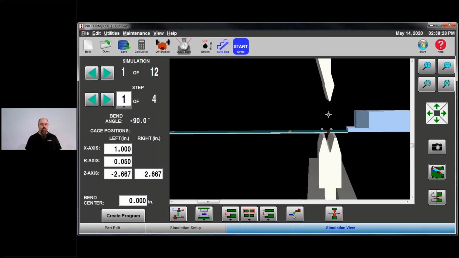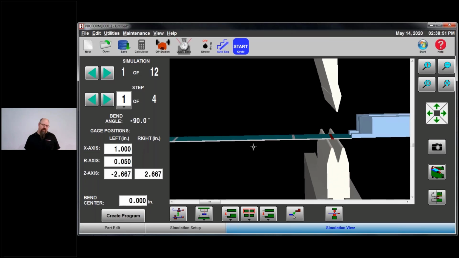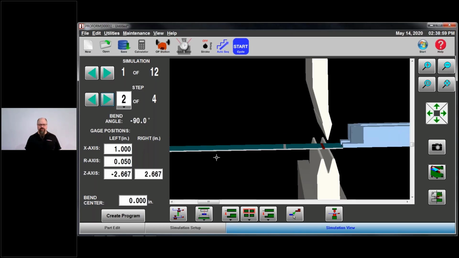bend number 1 of 4. So this is the first simulation. I've got 11 more, but here's the thing. If I find that this one works, I'm not even gonna mess with the rest of those. I'm gonna stick with the one that works best. So step 1, simulation 1, okay. That works. I'm not going to use that gauge point, but I'm not messing with gauge points until I get the right simulation. So simulation step number 1, step number 2.